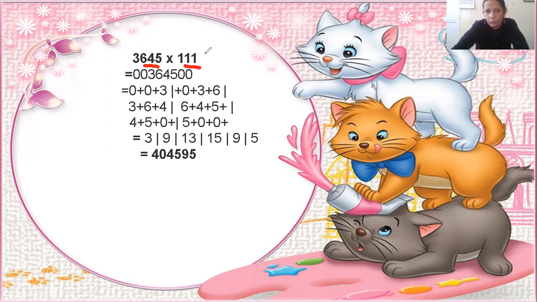What will you do with this 2? What is the use of 2? 2 you have got, so you will put two zeros before 3645, in the starting and at the end also. So I have just put these two zeros in the starting of 3645 and at the end also. So now, as you can see, 1, 1, 1 are here, so you have to start adding three terms. What are the first three terms? This 500, these are the first three terms. You look here, I have done here 5 plus 0 plus 0.